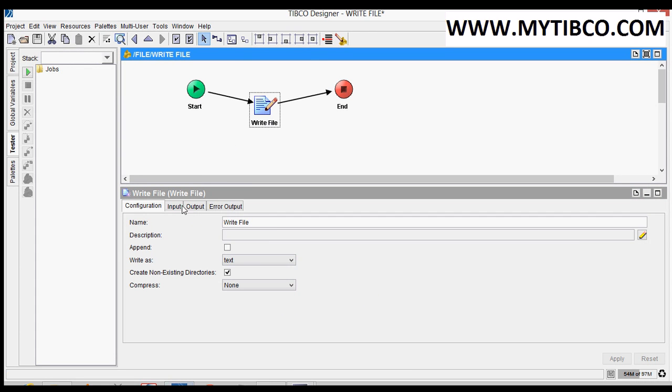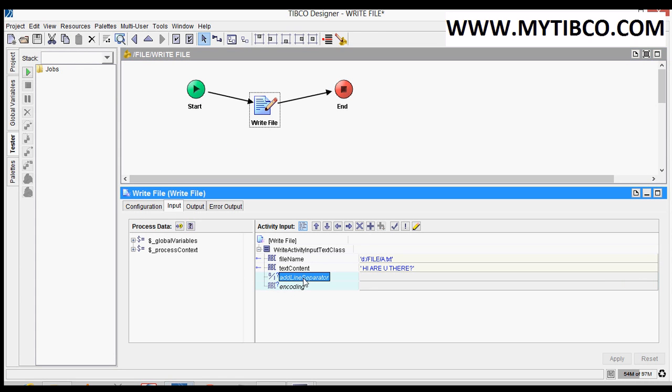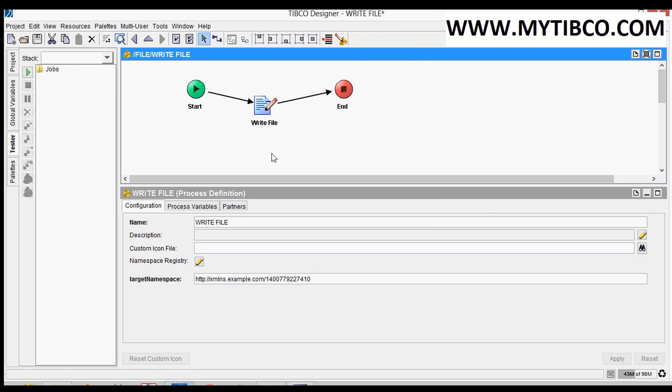Okay, now I want to demonstrate this add line separator. Okay, now I am writing some more data. Now I am adding hi, how are you. I want to add this to the new line. Okay, add line separator will be added to the end of after writing this line. Okay, no problem. Now I'll demonstrate by iterating some loop function.